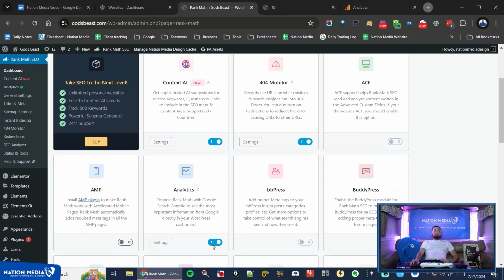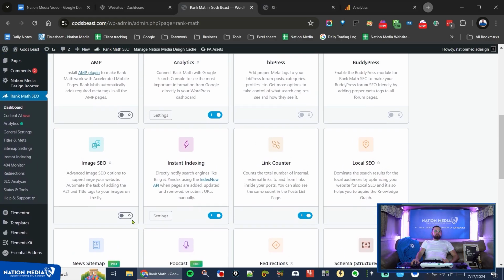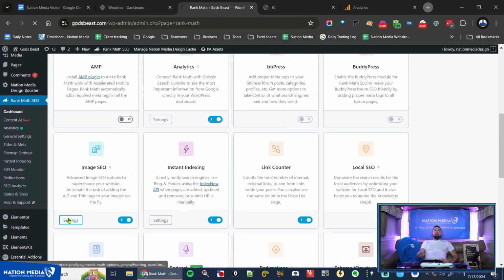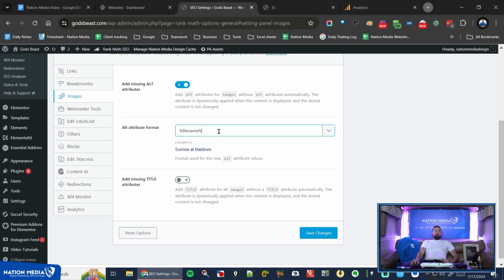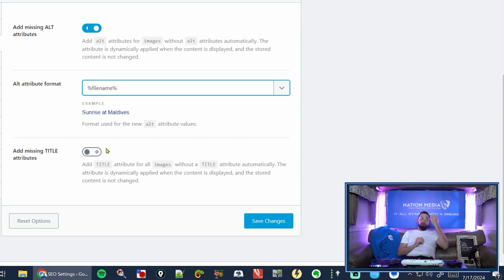So that's all set up, but we're not done yet. The next thing that we do want to do is turn on image SEO right here. Go into settings, click add missing alt attributes. What this will do is if an image does not have an alt attribute, it will automatically add